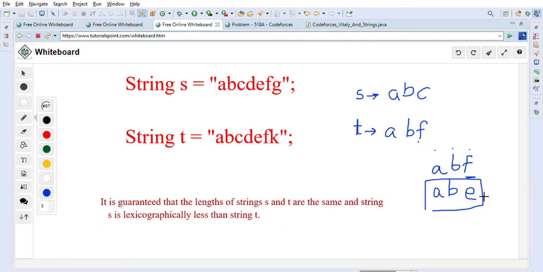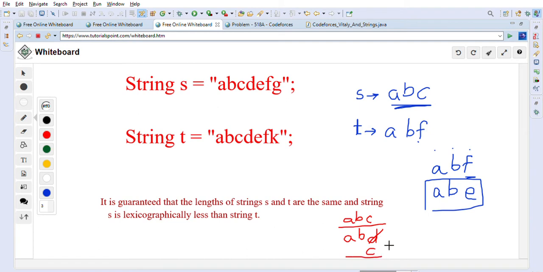And after we change it, we will just make sure that this is not equal to the same string s, right? Because there are conditions where it can become the same string. For example, let's say the string s is abc, and the t string is abd. In this case we will just change this d to c, because we always go to the previous character for the last character. So we will have to compare the new string with this string.